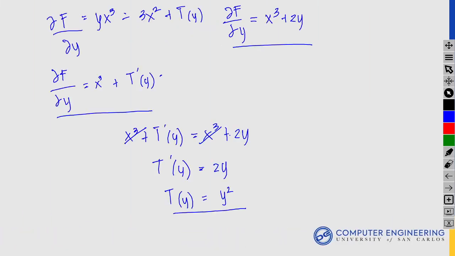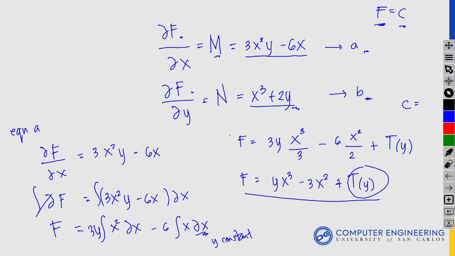So if you have notes, which I do highly recommend that you do, follow along with the solutions. You can test this solution by switching up your options at this stage. So instead of using equation A to get F, you can use equation B to get F, but be careful that this one will result in